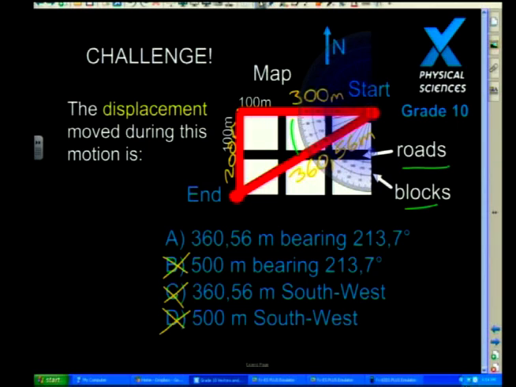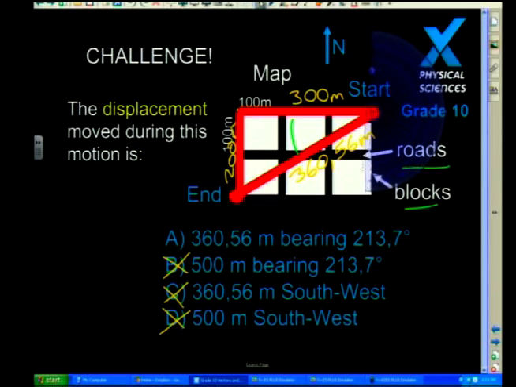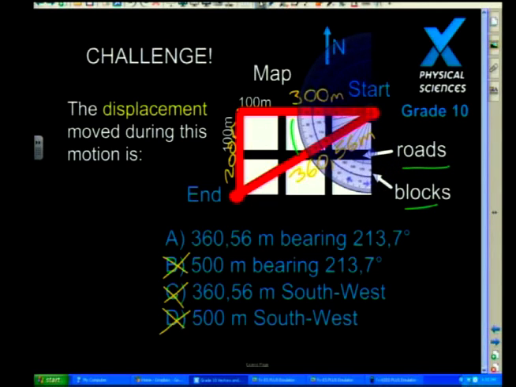All you've got to do is realize that you always start from naught. So I hope that you can see that my protractor is now with its 0 on naught. Then I start again at 180. What I mean by that is I'm going to rotate all the way around again, and I'm going to add whatever angle I get there to 180. Now if I add that original angle to 180, I find that my total degrees over here is 213.7 degrees. And that is a bearing as well.